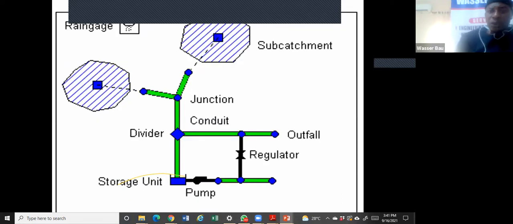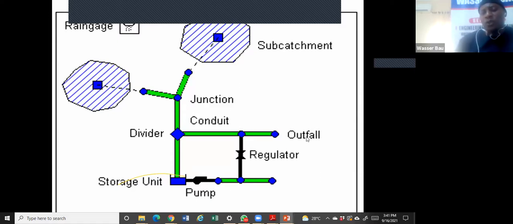Okay, so this is just a graphical illustration of what I just said. In a storm event, there must be a rain system because it's rain. There must be a rain gauge. Then there must be catchments, which can be in hectares or in square meters. Then the water will come through the conduit or the pipes, arrive at a junction, then go through a divider if it's necessary, then go to the outfall or go to a temporary storage unit from where it is pumped through a combination of pump, regulator, back